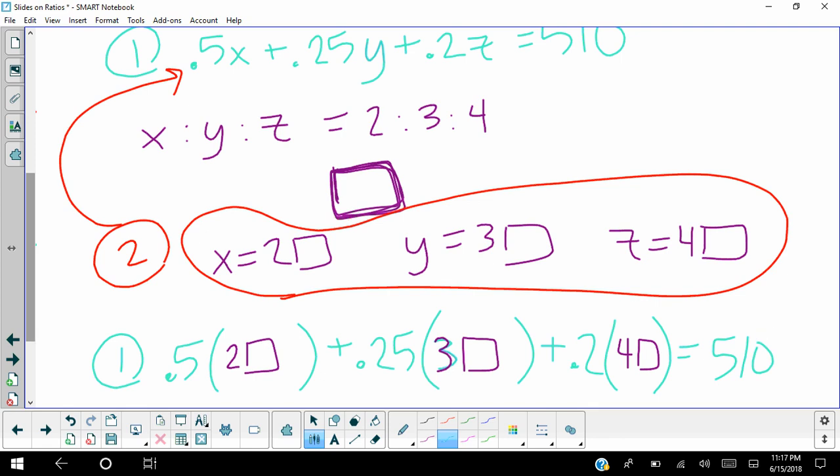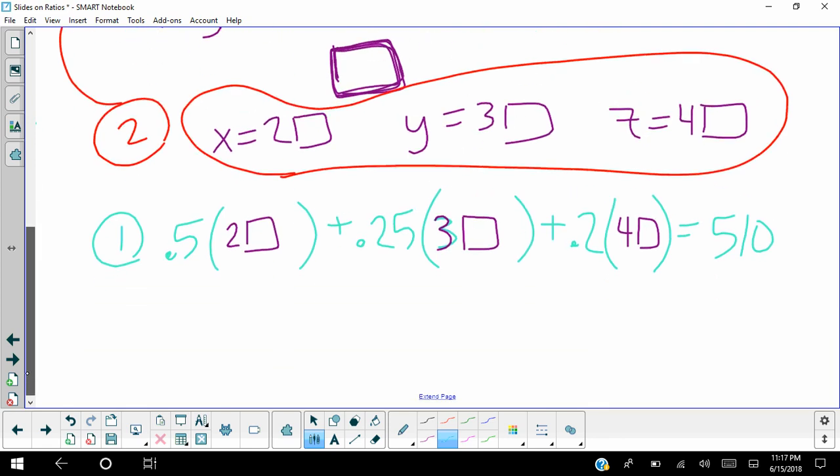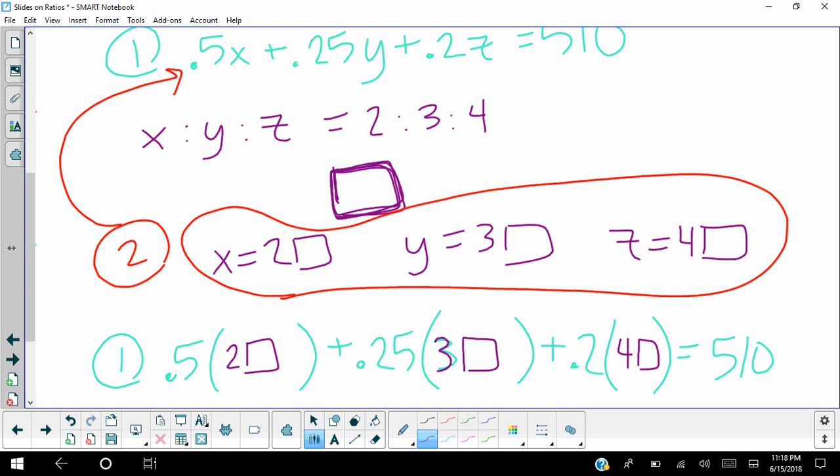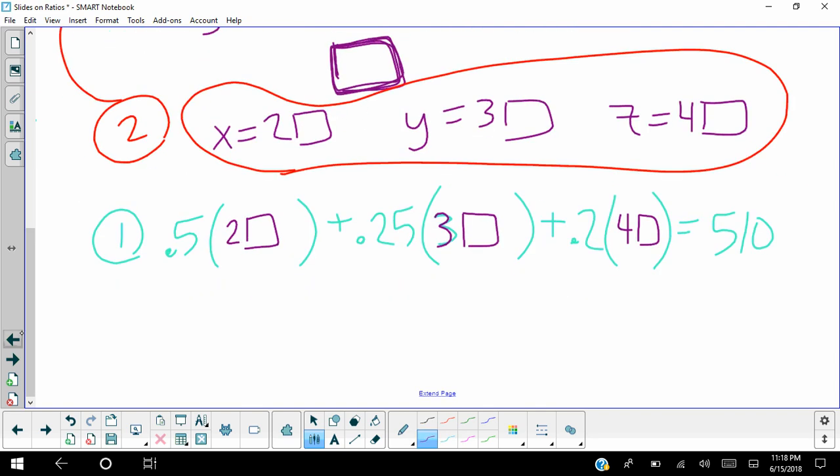And then I'm going to multiply that out. So 0.5 times 2, I've ended up with 1, so 1 of the box, plus 0.25 times 3, so 0.75 times the box, plus 0.2 times 4, so plus 0.8 times the box